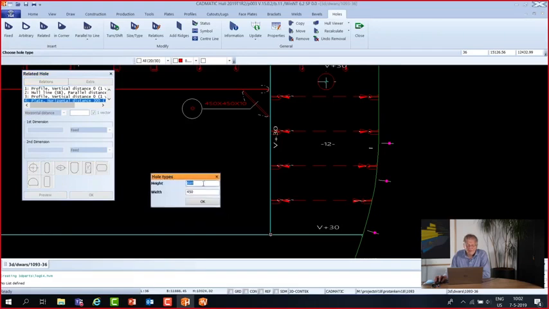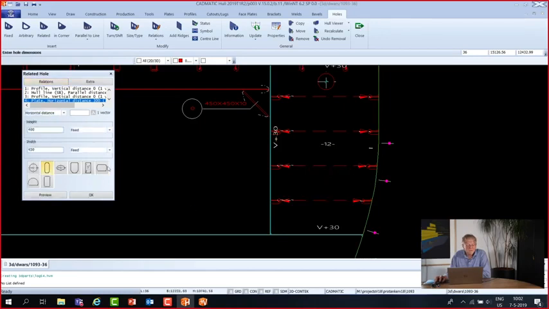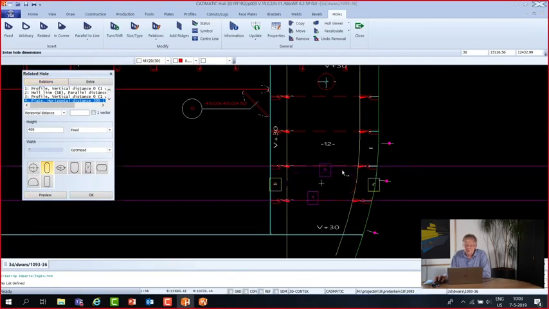The height 600, that's far too much, so I think 400 is a better value. The width I actually don't know, because the shape is not easy. From the shape you cannot derive the width here, so I leave the 450 like it is. Instead of that, I'm using the optimized button, and now we'll have a preview, and you see it fits very nicely into the